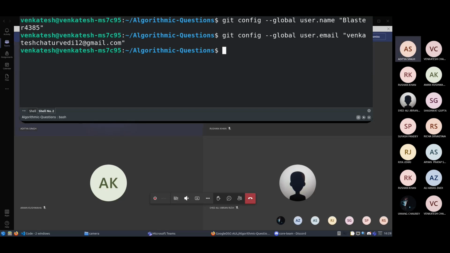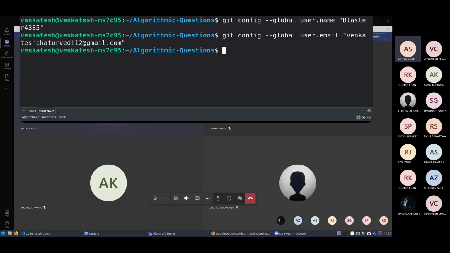Okay, I did it, and now I can just do what you told me to do before. Yep. Git commit dash m and the commit message. Yeah, it's done.